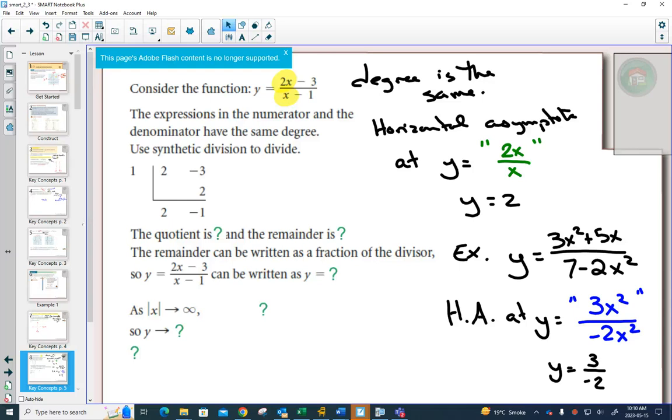But the idea being is that as x gets really, really big, okay, the minus 3 and the minus 1 won't matter very much. If you have $1 billion and you lose $3, big deal. If you have $3 and you lose $3 and you need to go home on the bus, it is a big deal, right? But if you had $1 billion in your pocket and you lost 3, you probably still could get home on the bus. You probably wouldn't want to take the bus. $1 billion in your pocket. But